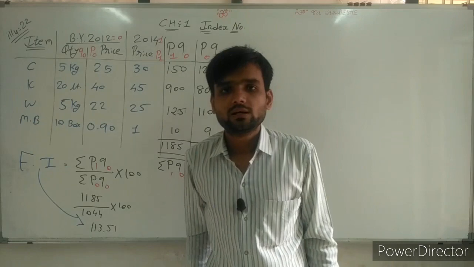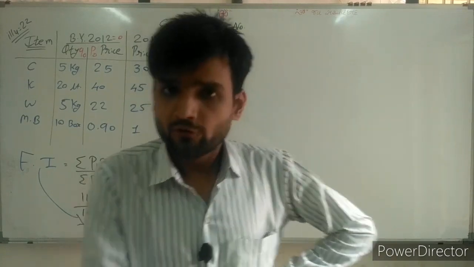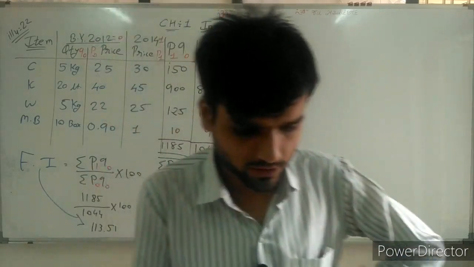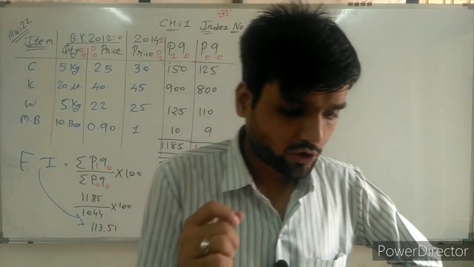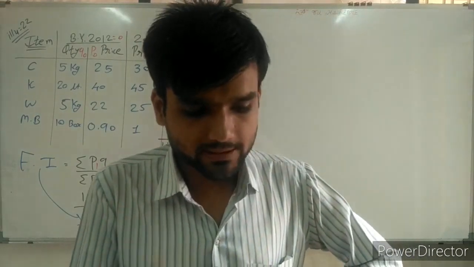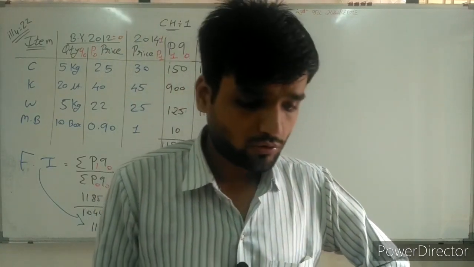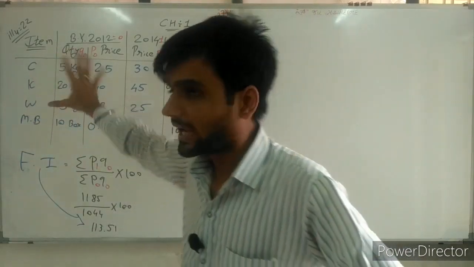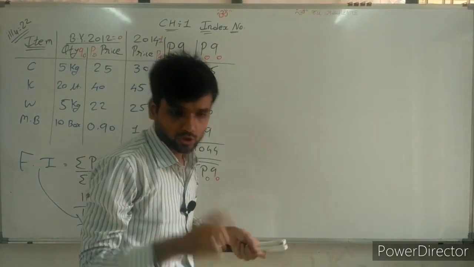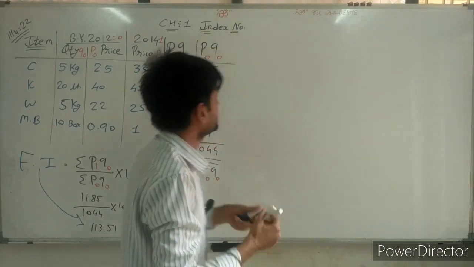Now the question is given. The next question is also given, so try to understand the next question. Fuel index number is 113.51. Now which is the next question given here? If the expenditure for food, clothing, house rent and miscellaneous group in the year 2015 are, now, the remaining items, this is the fuel item, the remaining items information is also available. Now which are the remaining items? So here information is given, if the expenditure for food, so first is food,